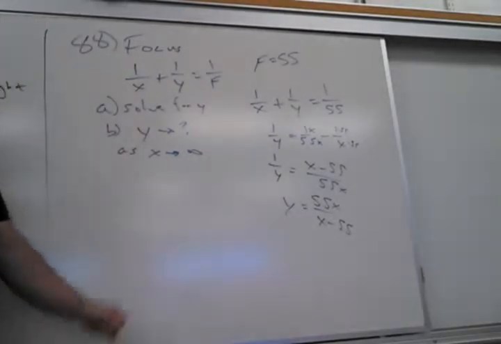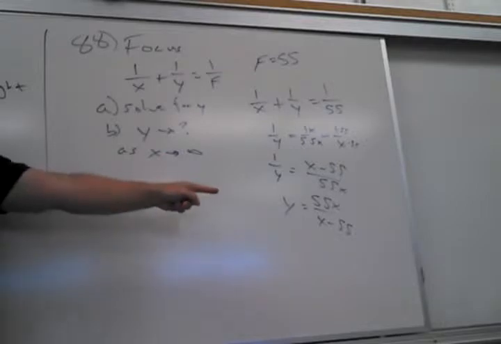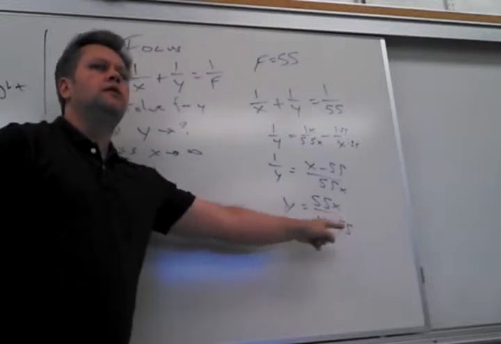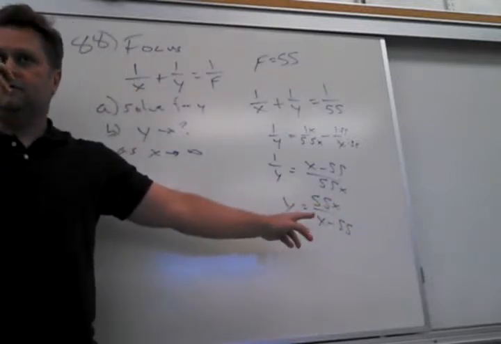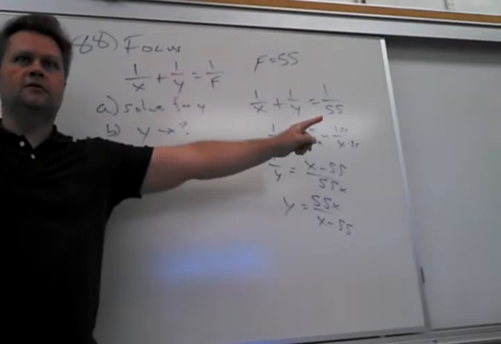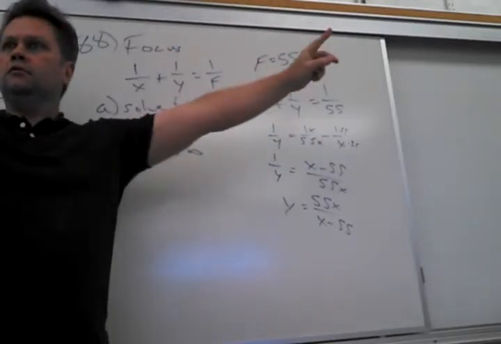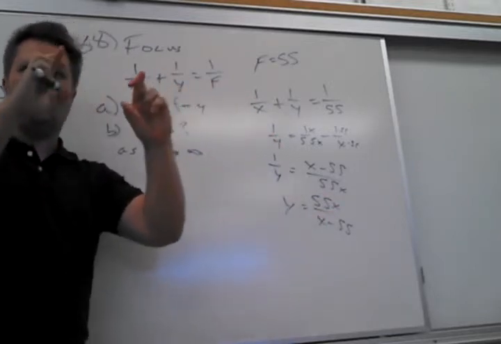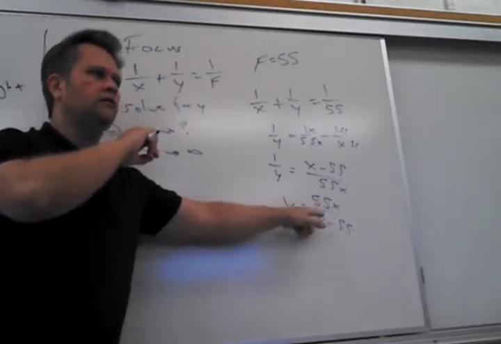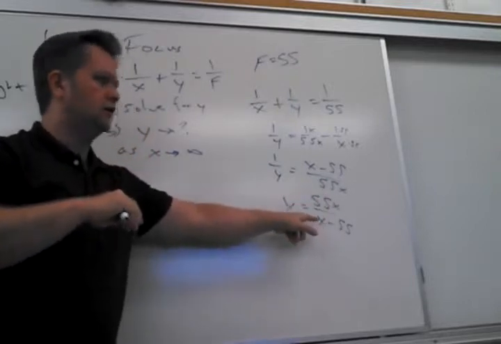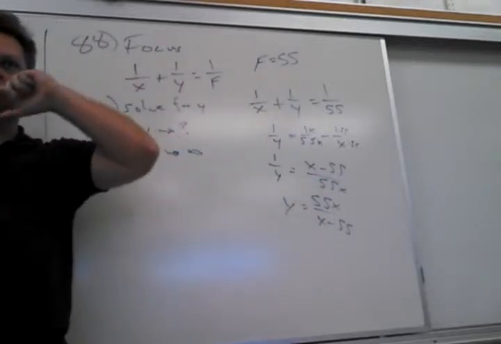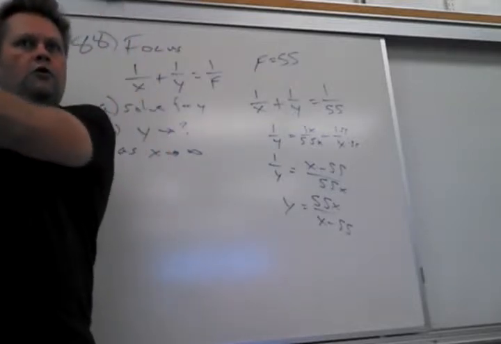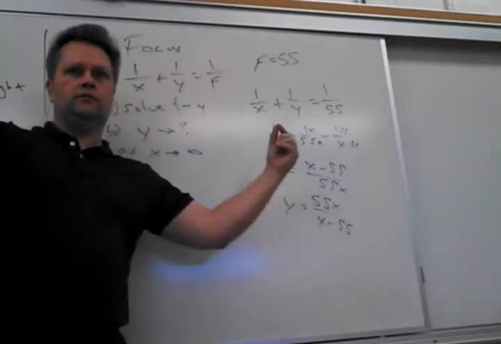So now it's easy. Now part B is simple. If I let x go to infinity, that is also known as the what of this graph? What kind of asymptote? So let x get really big. Horizontal asymptote, right? And what situation am I in? Now that I've got the form of it, it's an easy question. What situation am I in for horizontal asymptote? The same degree, so 55. There you go. So as the person moves far away, the image will focus at 55 millimeters, which is